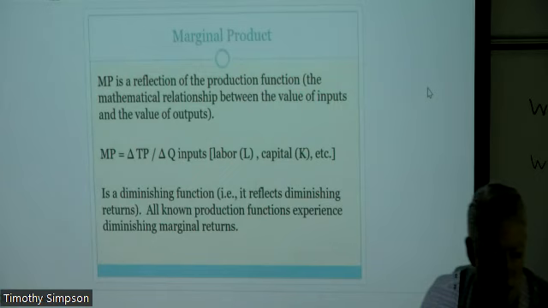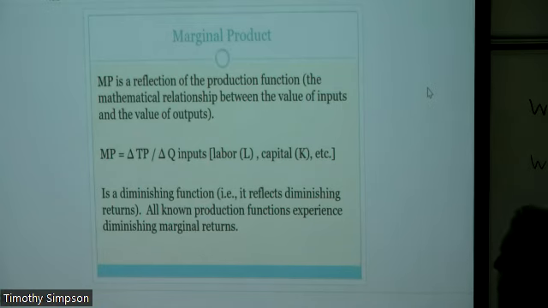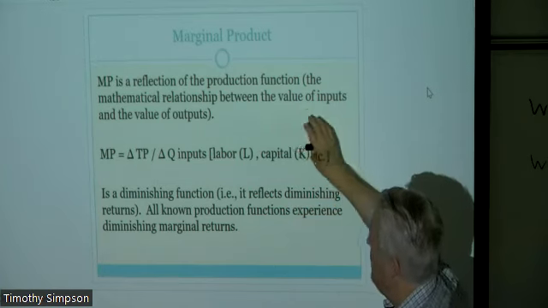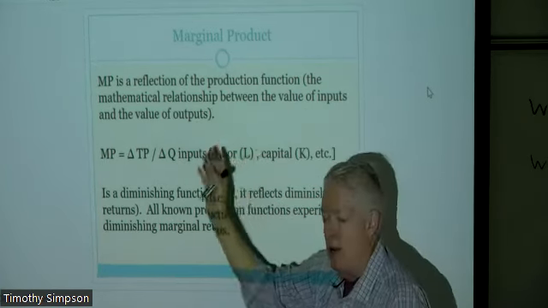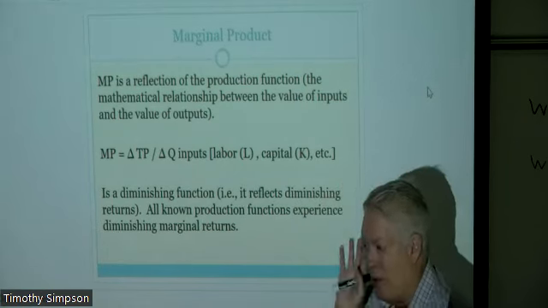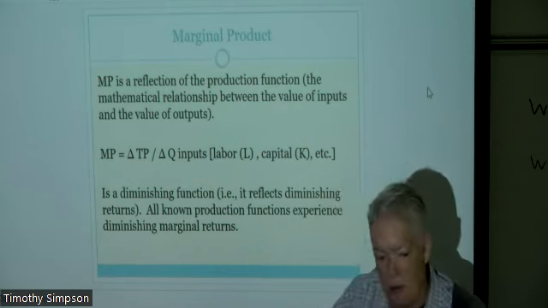Let's define what that is. The production function is simply a mathematical relationship. Well, first of all, the term function should probably tip you off that something mathematical is going on here. It's the relationship between inputs and outputs. I say value of inputs and value of outputs, but right now, let's not worry about the dollar figure of those. Let's worry about the numerical part of that, that is, numbers of outputs given numbers of inputs.